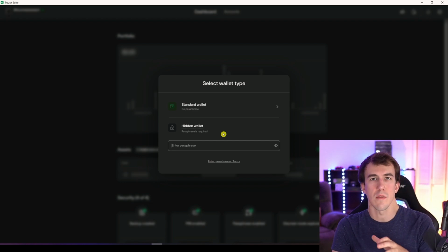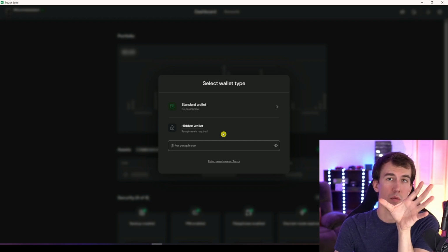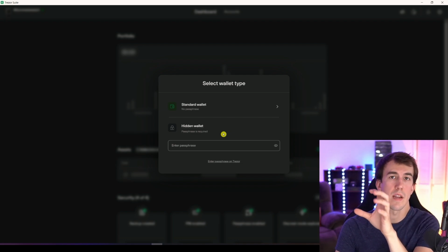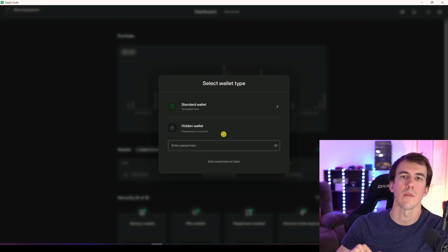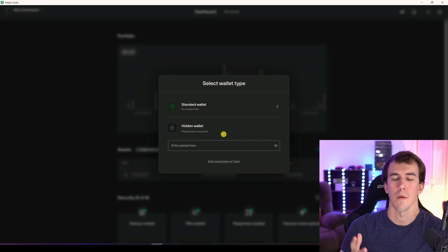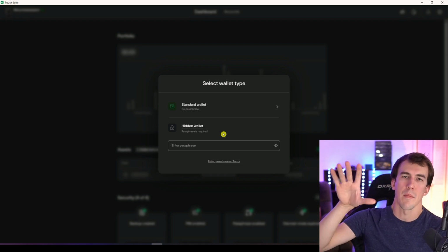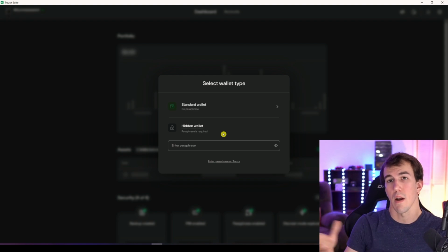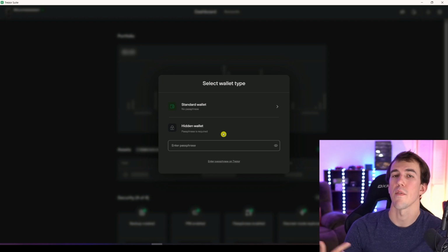If you just use MetaMask, what happens is it stores your private key in a special folder connected to that Chrome app. If you're using Chrome, I think you can use other browsers, but I use Chrome. So in your Chrome app extension, there's a file folder that's encrypted that has your private key in it. It's like, okay, so it's on your computer live all the time. If you have a virus